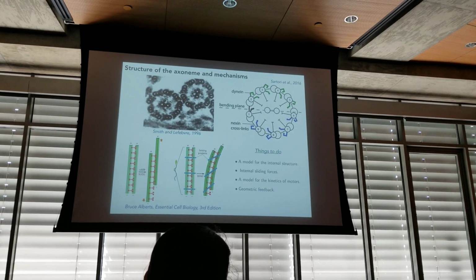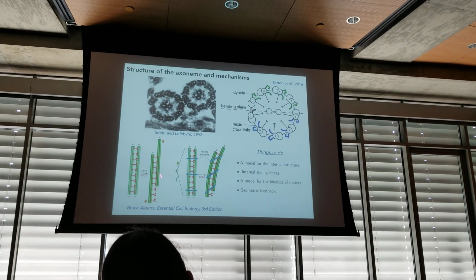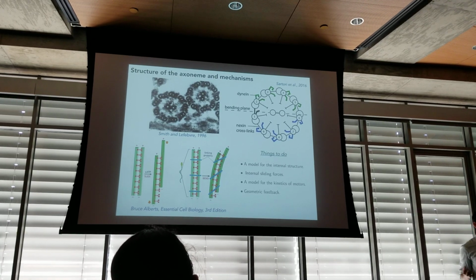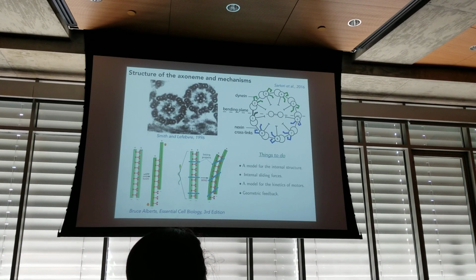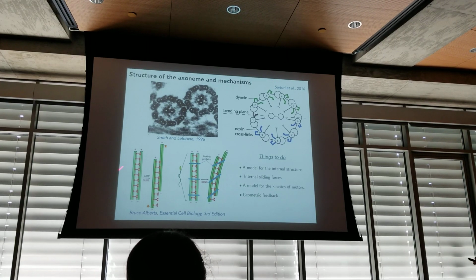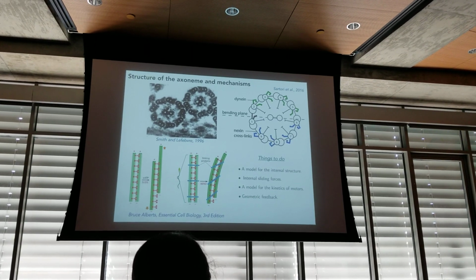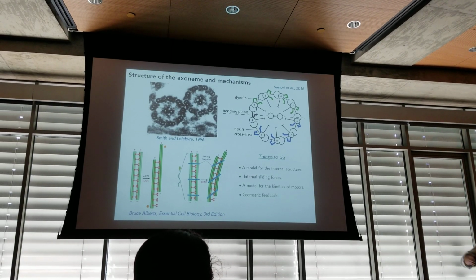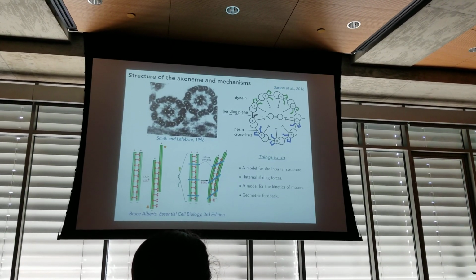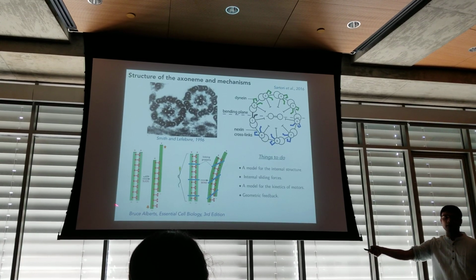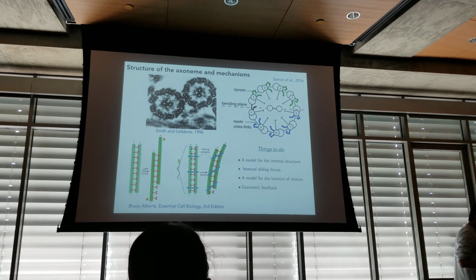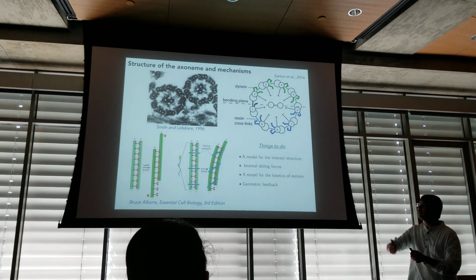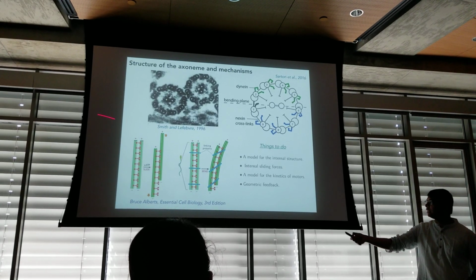I will do one step of coarse graining and ask you to focus on this cartoon over here. Here you see 2 microtubule doublets sitting side by side. Due to their molecular structure, there is a plus end and a minus end, so they have some polarity. These small red objects are molecular machines called dynein motors that sit on one microtubule, extend their arms, and grab the other microtubule. In the presence of chemical energy, or ATP, these machines try to walk towards the minus end of the filament, and as they walk, they generate forces that try to cause sliding between the filaments. So that's what you see right here.